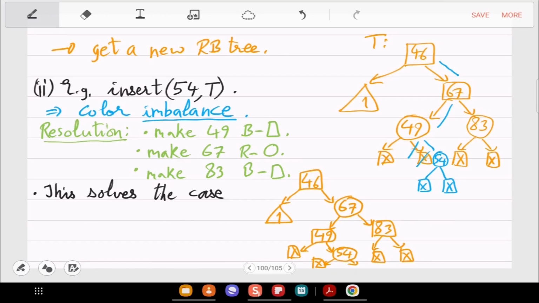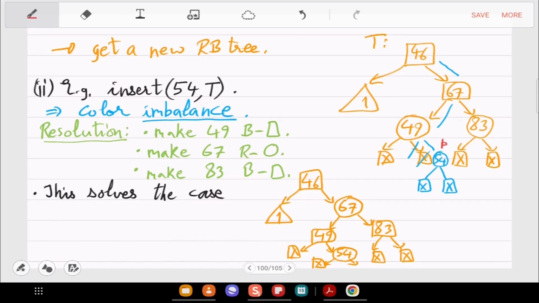So the case we have solved is, well, 54's parent, so if you call 54 P, then 49 is the parent of P, 67 is the grandparent, and 83 is the uncle of P, right?